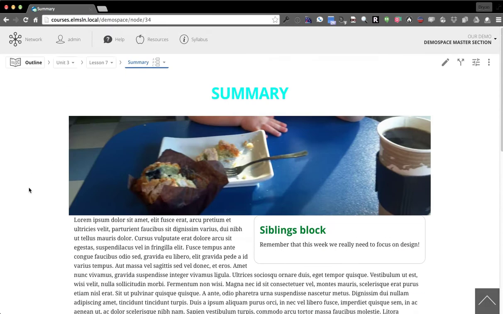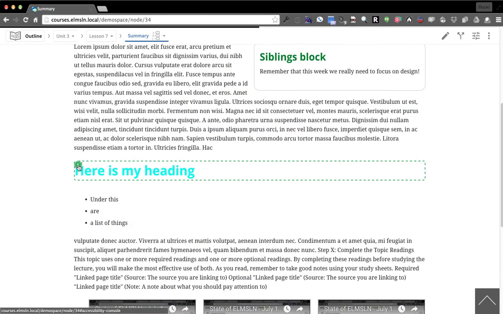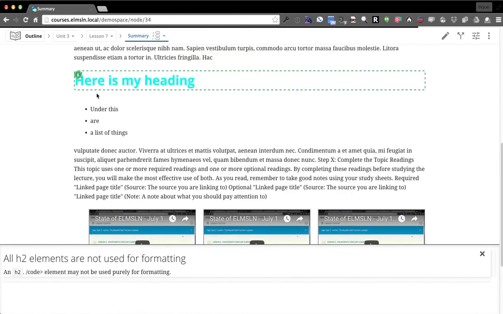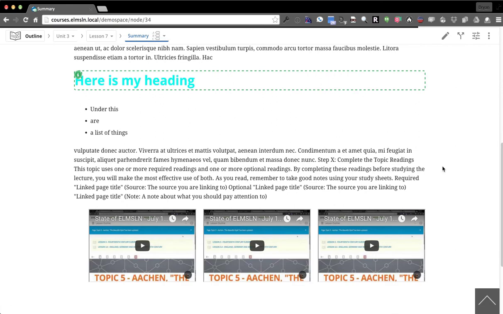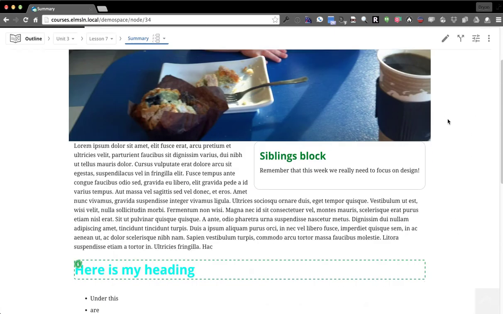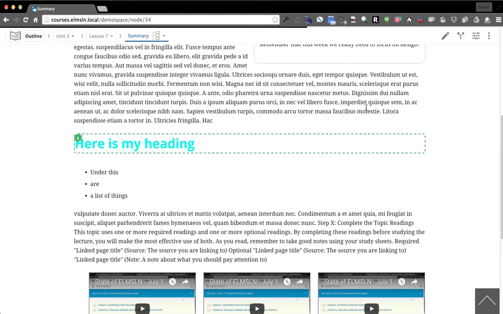Okay, so once it did the accessibility check on my content, it's providing a recommended thing that I need to check out. It's not saying this is wrong because it's in green, but it's telling me, hey, this is something to pay attention to. All H2 elements are not used for formatting, right? So make sure that you're actually using this tag appropriately. You didn't just style it because it makes the text bigger, quote unquote, because that's not what you're supposed to do. It's not going to prevent you from saving that, but it does give a level of awareness raising,